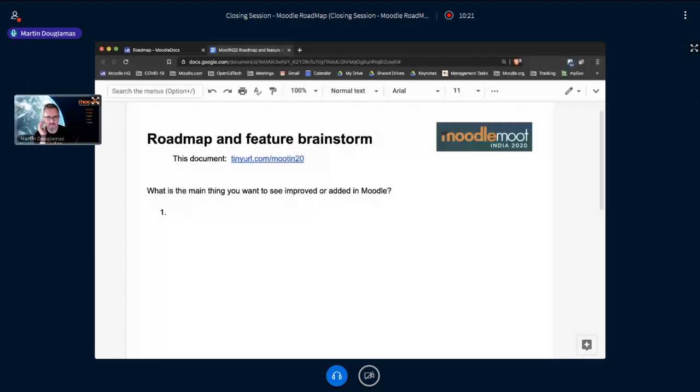So think about your use of Moodle, whether you're a developer or a teacher or an admin, and put that one main thing you'd like to see fixed into the chat, and I'll start copying them into this document. If you want to get to this document, there is a little link at the top. You can't type in it, I don't think.